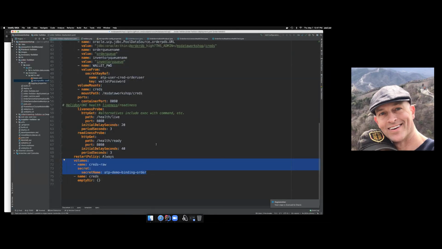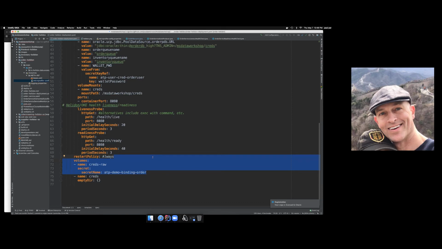So in Kubernetes, or in CNCF, the Cloud Native Computing Foundation, which is kind of where a lot of these standards for microservices lie, there's an open service broker standard. And Oracle has an open service broker implementation. And basically, at the end of the day, what that does is it gives you the connection information you need for any cloud service. And in this case, we're using the ATP database service. And it puts that binding information into a secret in Kubernetes.